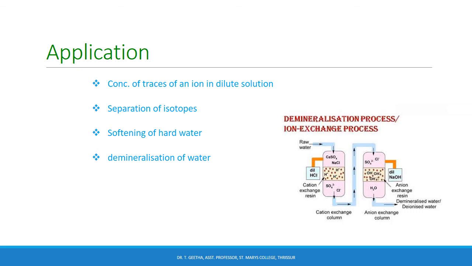A useful application of ion exchange chromatography is in determining the concentration of traces of an ion from very dilute solution. Cation exchange resins have been used to collect traces of metallic elements from large volumes of natural water. The ions are then liberated from the resin by treatment with acid, resulting in a more concentrated solution for analysis, thus improving its accuracy. Isotopes of boron, beryllium, calcium and cobalt, etc., are also separated on ion exchange column.